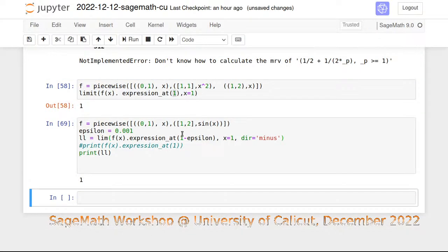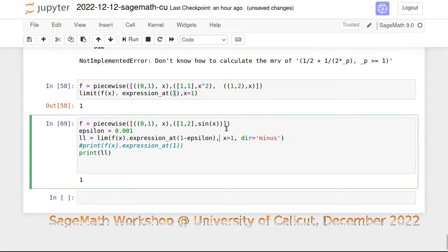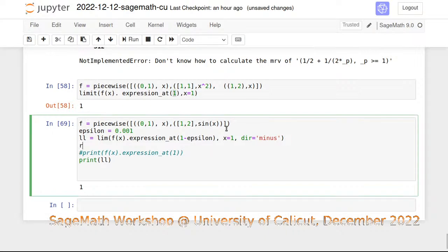Am I getting the correct thing? x going to 1 using the expression x. It's okay, right? Yes, sir. So that's correct. Now RL equal to, exactly in the same way, the expression at 1 itself, right? Because I know that 1 plus epsilon also I can take, there is no problem. It's such a small value. But in the direction,